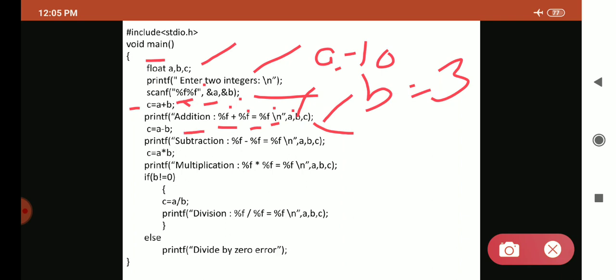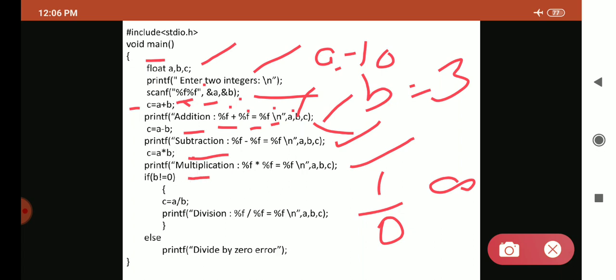Then immediately displaying the result of addition, we apply the formula for subtraction. It is c = a - b. Then we are displaying the result over here. Similarly, c = a * b, then we are displaying the result. But for division, we should take extra care, like b should not be equal to 0. Why? Because if b is equal to 0, it means that the denominator is 0, and whenever the denominator is 0, it will be infinity. But in C, we say it as divide by 0 error. So we take care that b should not be equal to 0.